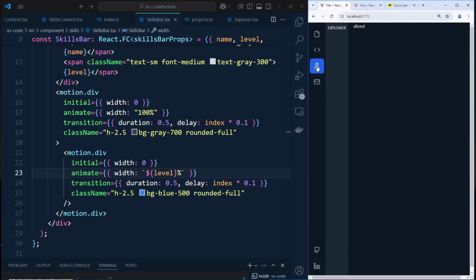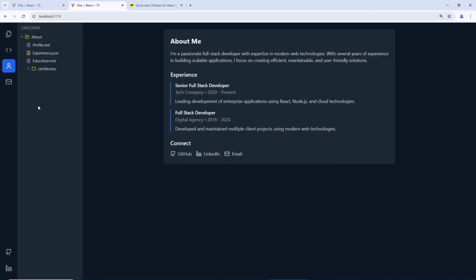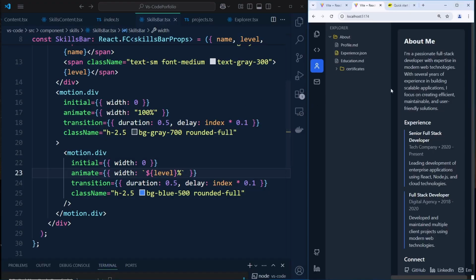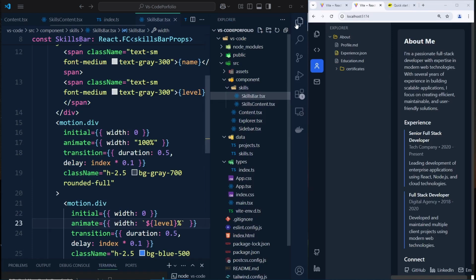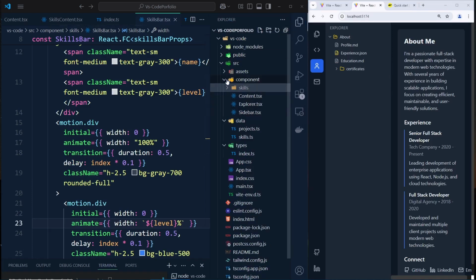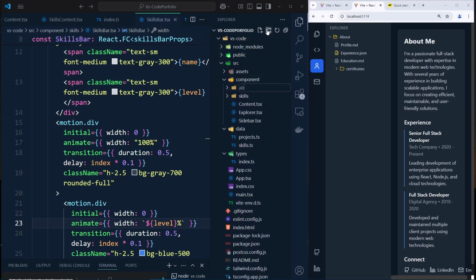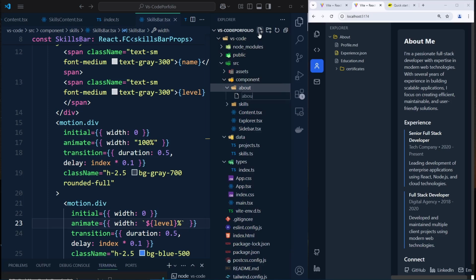Now we are going to work on the about section. If you take a look at this about section, as you can see, about me, to work on this section we need to create a file. But if you take a look at this design, it is very simple. So let's go ahead and try to create this design. In order to create it, inside this component folder, I'm going to create another folder which will be about, and inside this folder I'm going to create a file that's going to be about